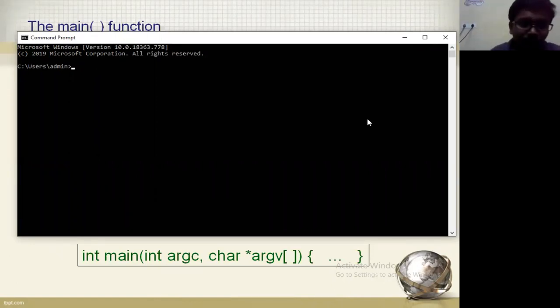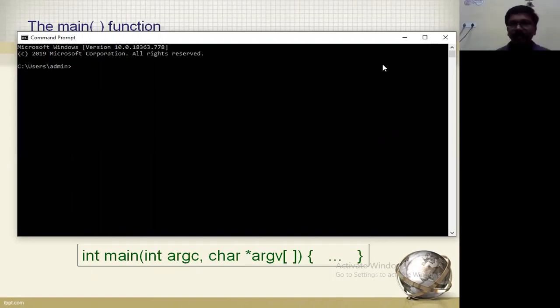We are passing the arguments at the command line. What is the command line? This black screen, the command prompt, is the command line. Some inputs, some arguments we can pass.